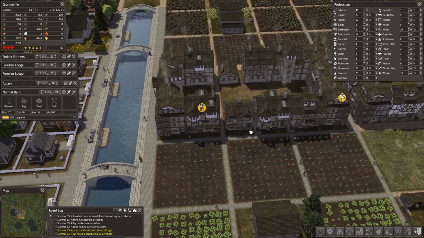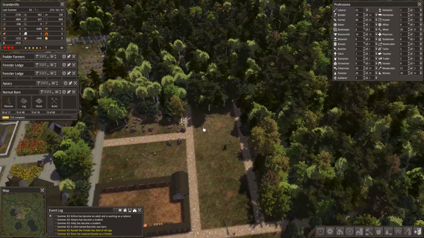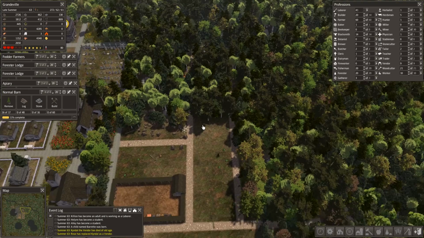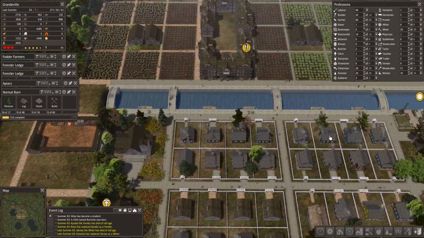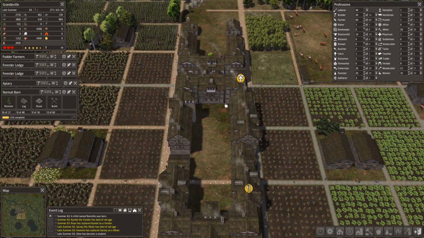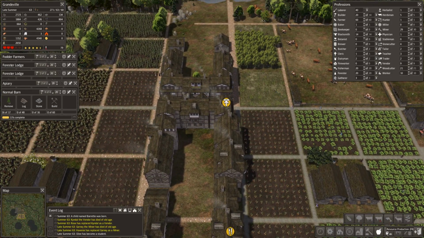So anyway, in the last episode, we are focusing on the beautiful expansion of the city. We are under major construction right here. And since we are still having a food problem, yes we are, I'm wondering if we could just fit a little crop field in here. You know what? Why not? We have the space. I'm wondering where we can actually...